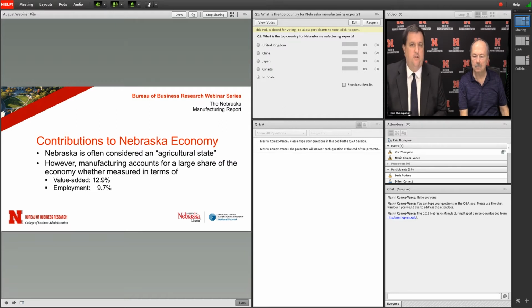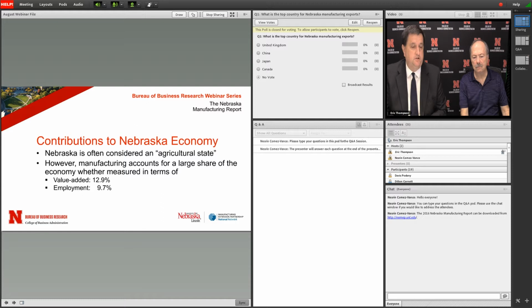If you look at value added, which is the broadest measure of an industry's contribution to the economy, it's analogous at the state level to that gross domestic product concept, GDP, that you might see talked about for the U.S. economy. How large is our economy? How large is our GDP? How fast is our GDP growing? Value added for the manufacturing industry is kind of a state equivalent of that same concept.